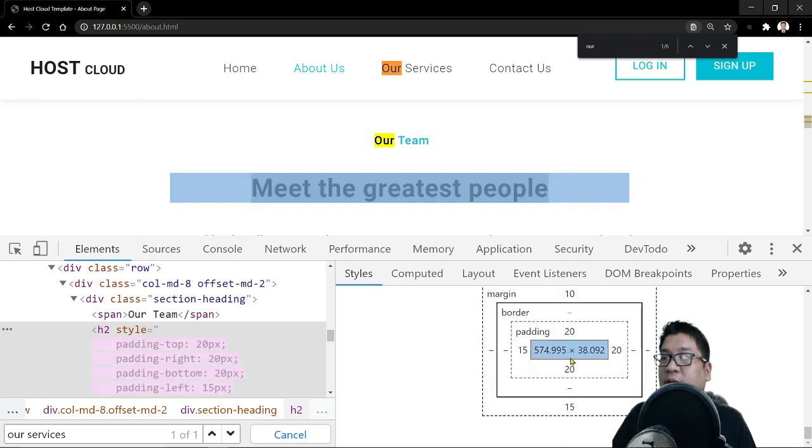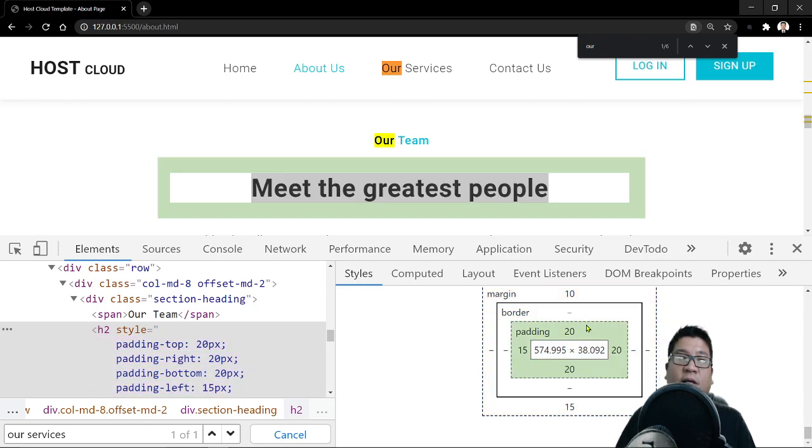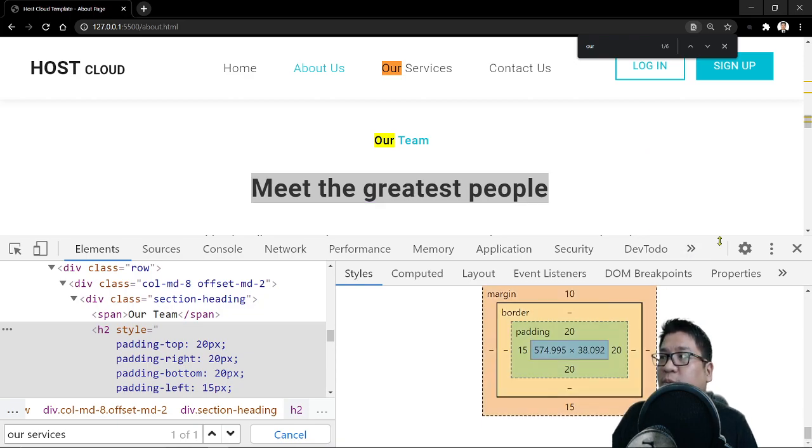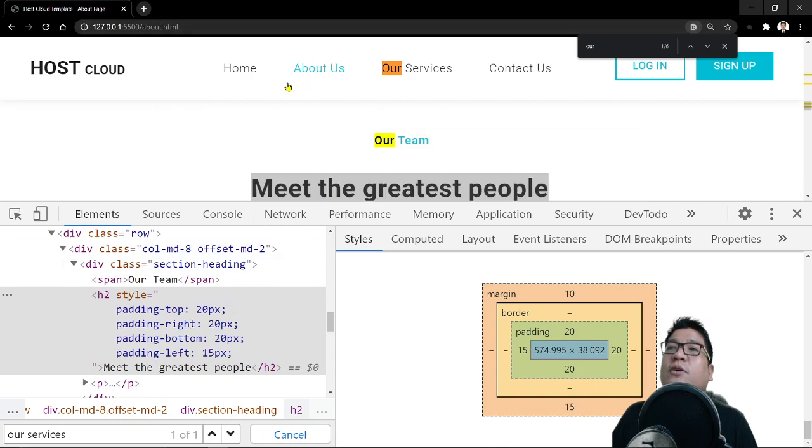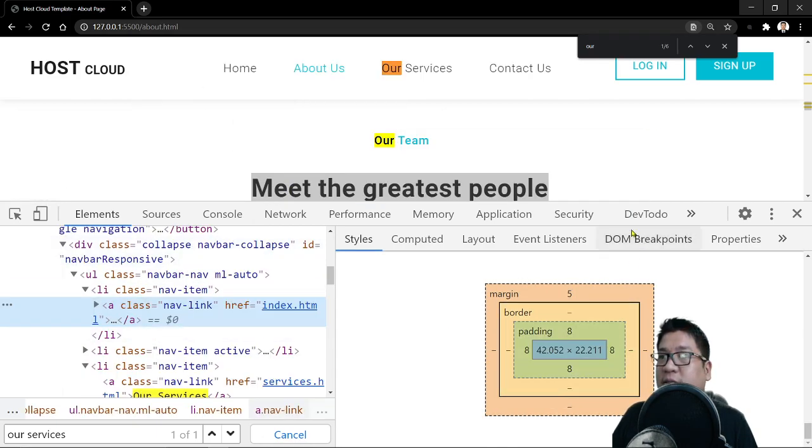So as you can see, the model, there you go. It has changed the padding. So that's one of the things you can do with the box model. And then I think the one last thing I could share about is,